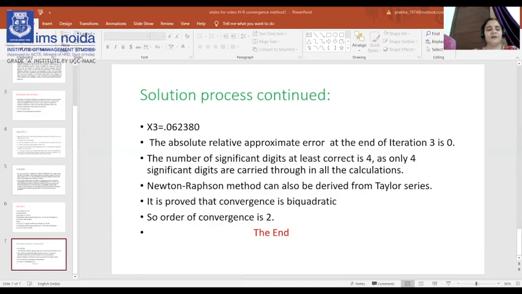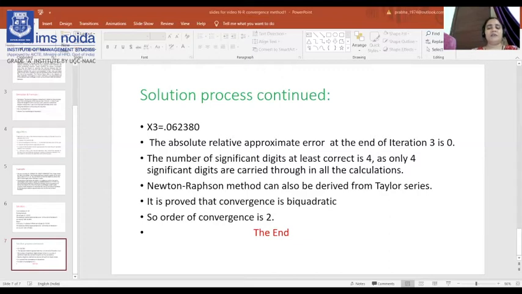So this is about the deviation process, and you can see the algorithm in detail. What is step one? You have to evaluate f dash x symbolically: mention f(x), then f dash x, and carefully calculate the f dash x value. Then the initial guess of the root: I have told you, assume two roots a and b following the condition f(a) into f(b), as you used in finding the root in the bisection method and the regula falsi method. So what is the condition you have followed? f(a) into f(b) less than 0.